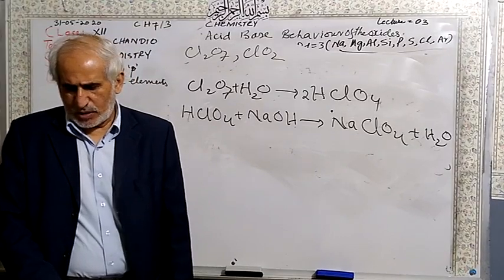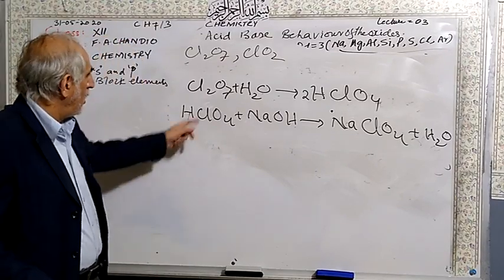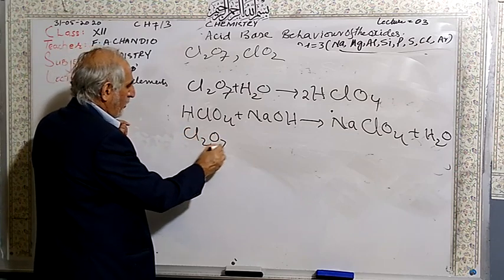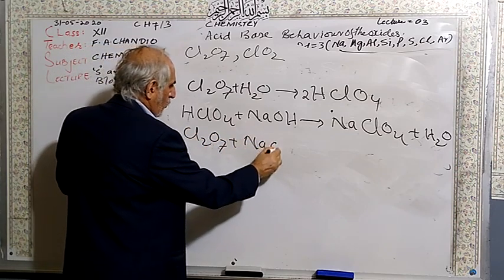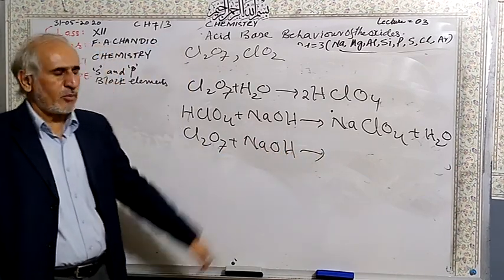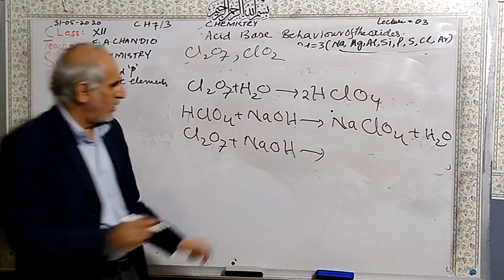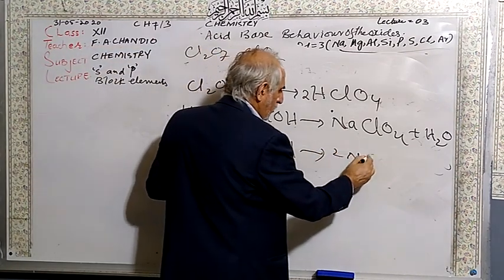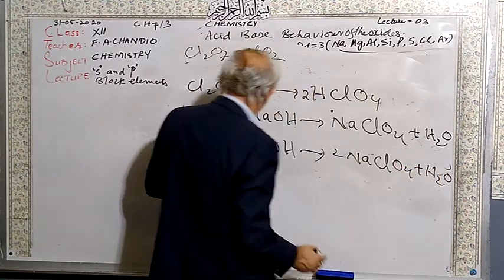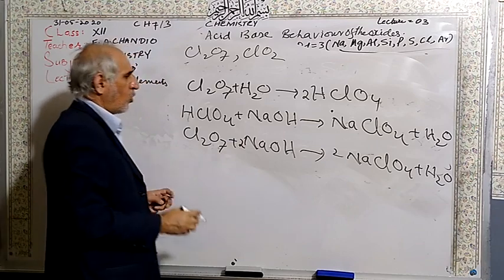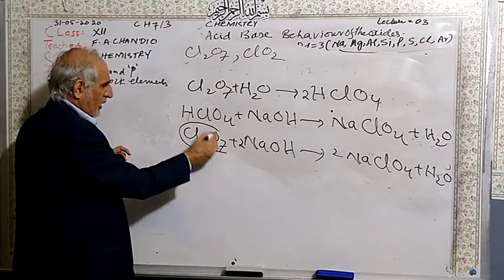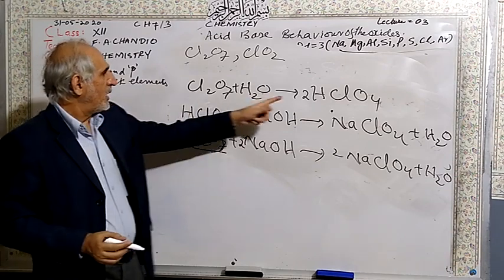Sodium hydroxide can also react, for confirmation. So this is chlorine heptoxide with sodium hydroxide. You will definitely get sodium perchlorate and water. So this is a confirmation that this is going to be acidic in nature, because it dissolves in water